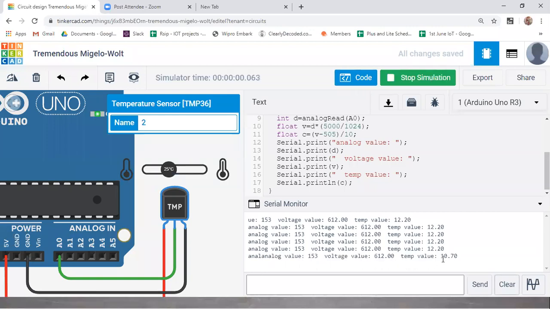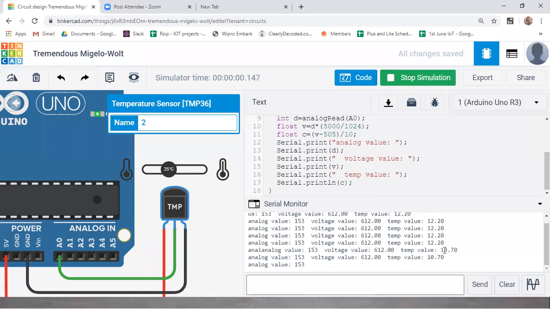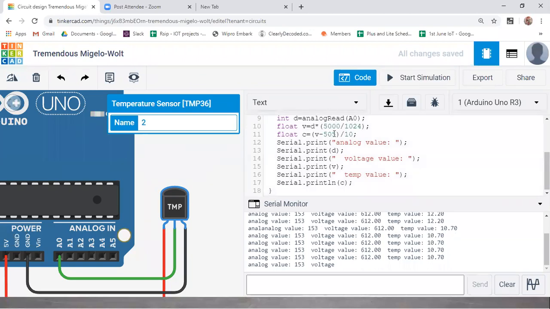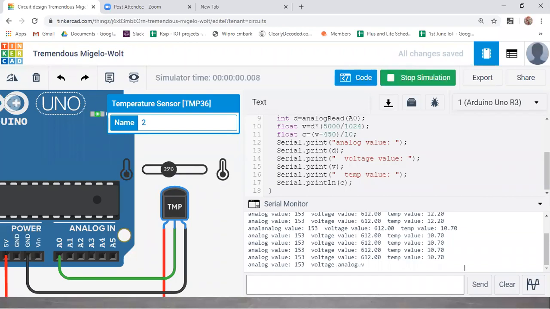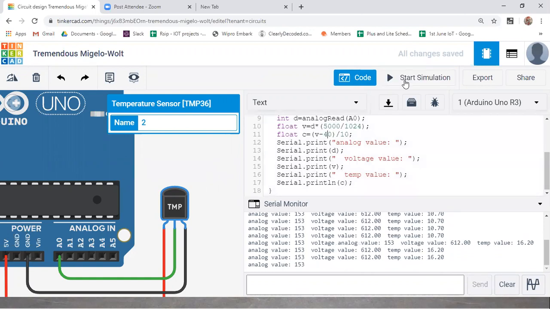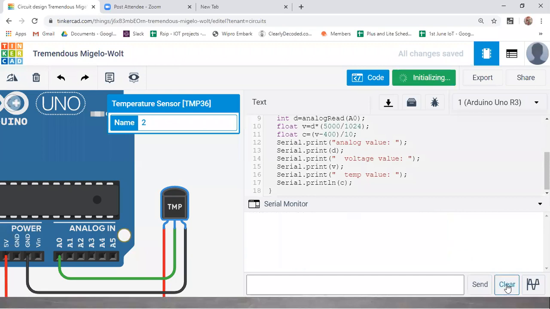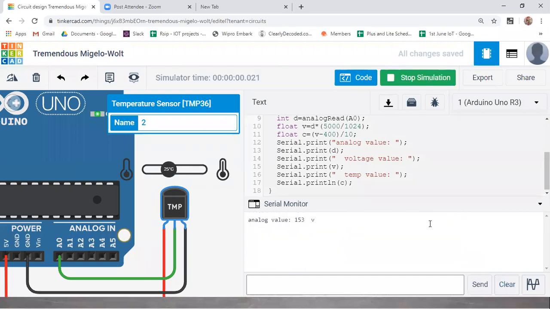Okay. So here it is still dropping. So when I'm increasing the value, it is being dropped. So for that purpose, you can simply decrease it. So let me take it as 450. I'll check that. Yeah, now it is being increased, right? So let me keep it to 400. Yeah, so you are getting somewhat the near value.